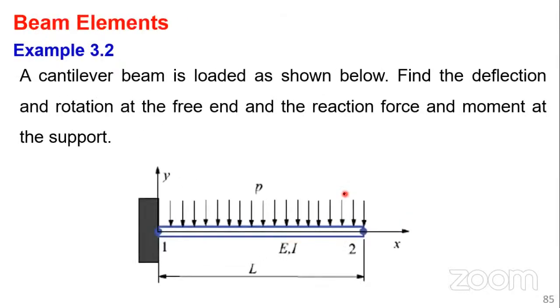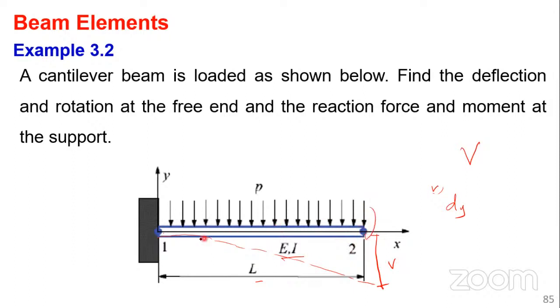Let me show you with this example. For this case, you see the load is applied downward, P. This is a UDL. The material is EI, length L. Then you have to find the deflection and rotation on the free head. We expect this cantilever beam to deflect like this. So you are required to get, what is this v? Small v. Don't confuse small v with capital V, because capital V is shear force. That's why maybe in some books, this small v denoting lateral displacement could be denoted by dy. Right. So you have to get that, and also you have to get the moment, if there is any